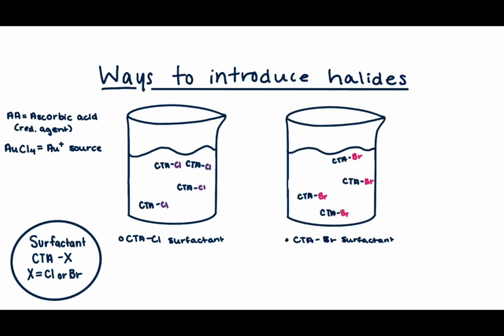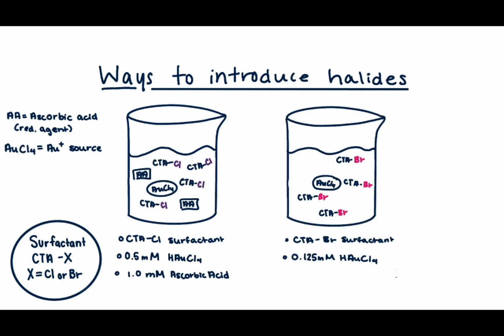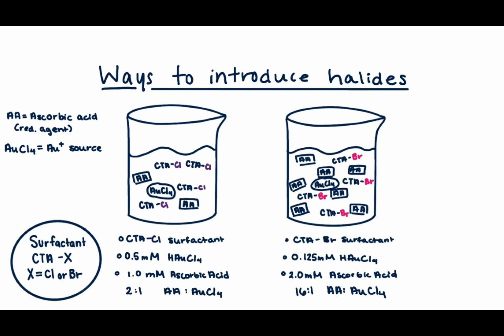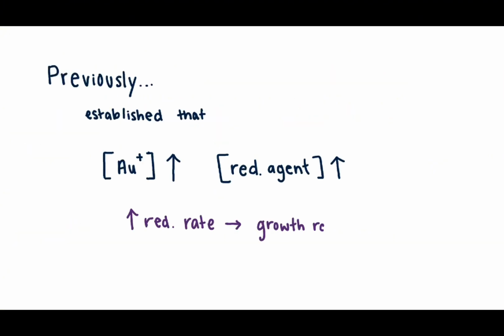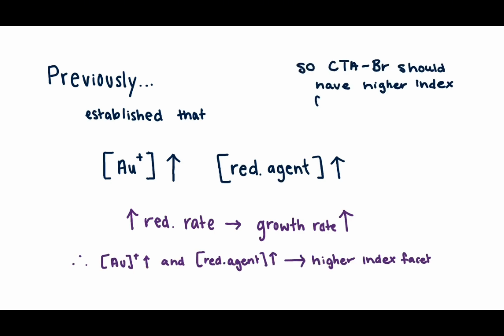The researchers first looked at the difference between chloride and bromide by using their respective surfactants. The CTA-Cl growth solution had a 2-to-1 reducing agent to gold ion ratio, whereas the CTA-Br solution had a 16-to-1 ratio. Based on previous research, we expect that the 16-to-1 ratio would have the fastest growth rate, as increasing the concentration of reducing agent increases the rate of reduction, so we would expect the CTA-Br growth solution to have higher index